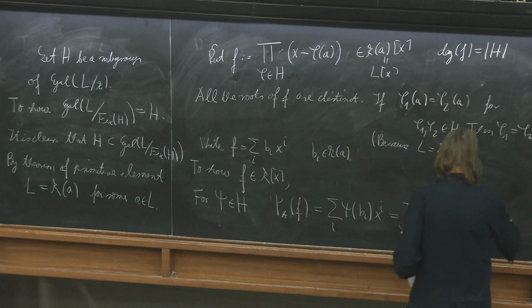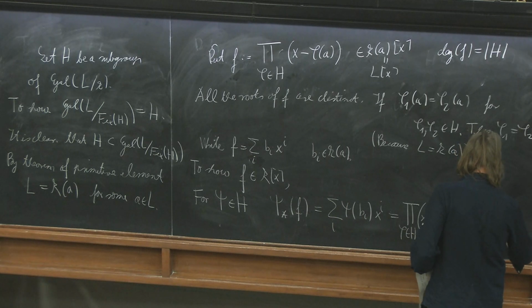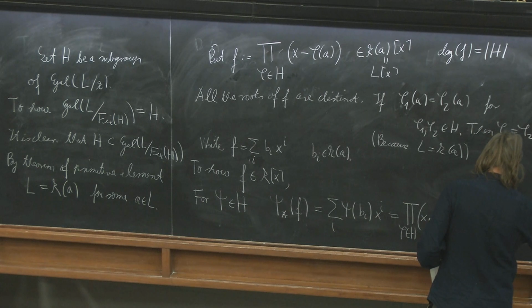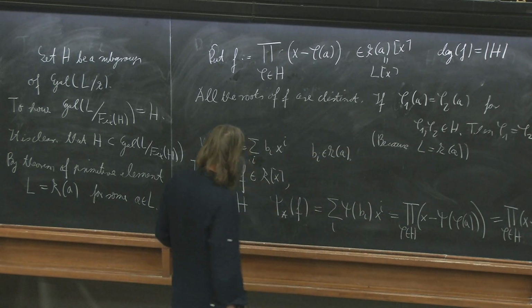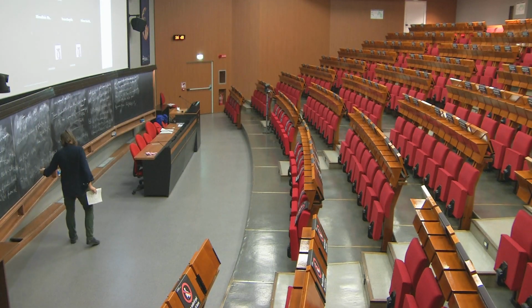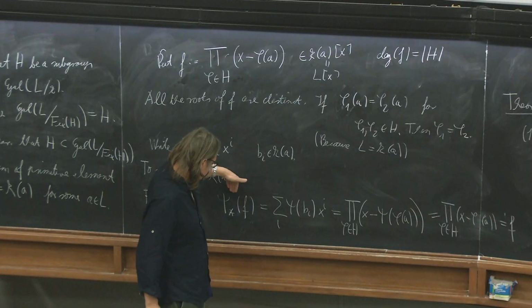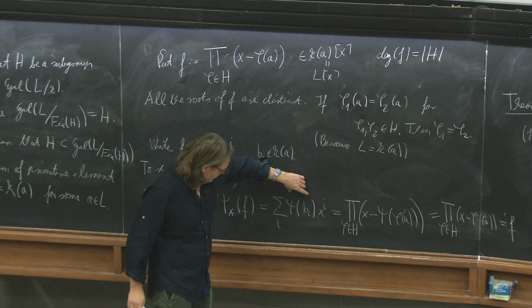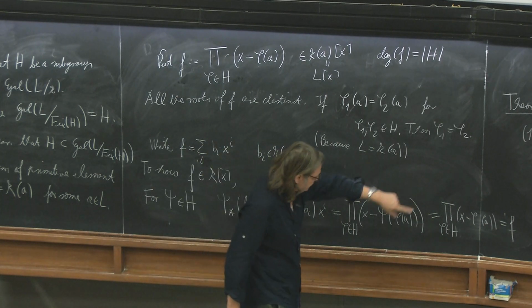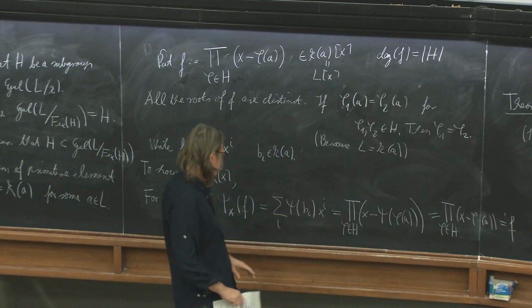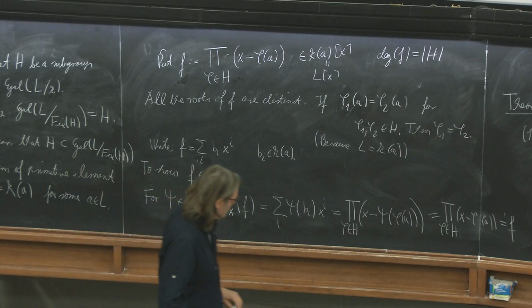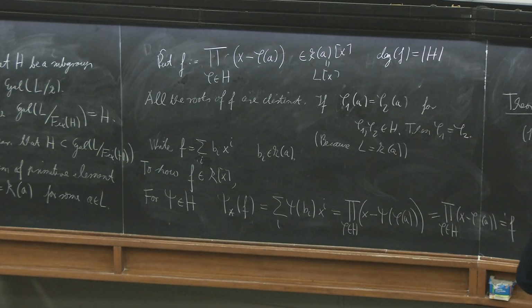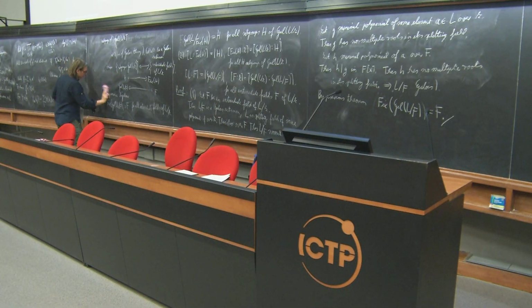So this is just the same as the product over all phi in H of x minus phi of A, which is F. So if I apply psi to the coefficients of F, I get F. So that means these coefficients lie in